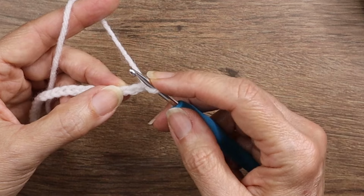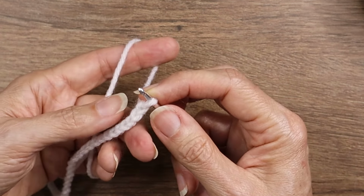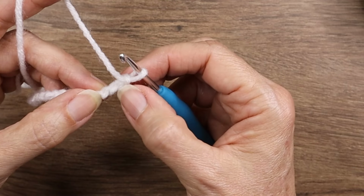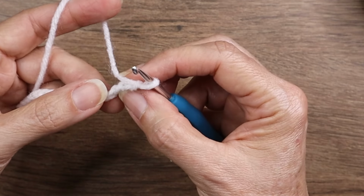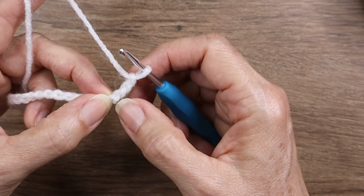You can place your stitches into the front of your chain, or you can turn your chain over and place your stitches into the back bumps. I prefer placing my stitches into the back bumps because I think that it gives a better look to the finished edge. 1, 2, 3, turn my work over, and I'm going to place my first half double crochet into